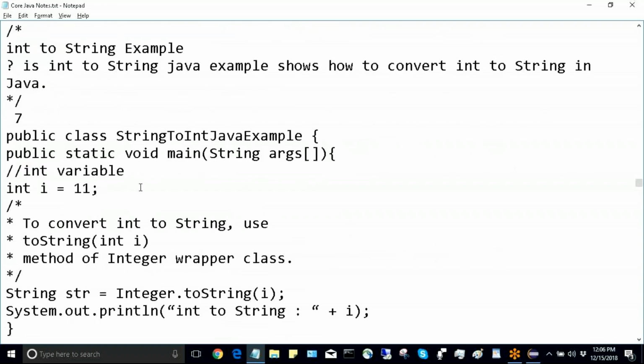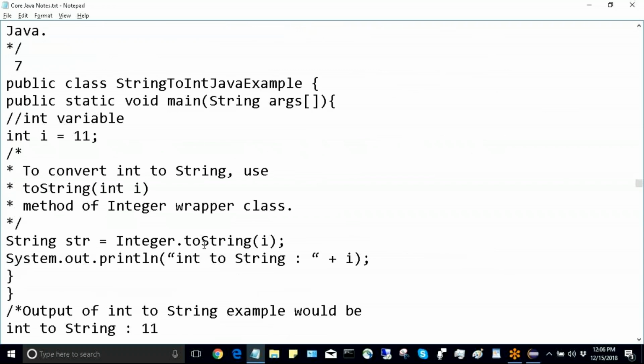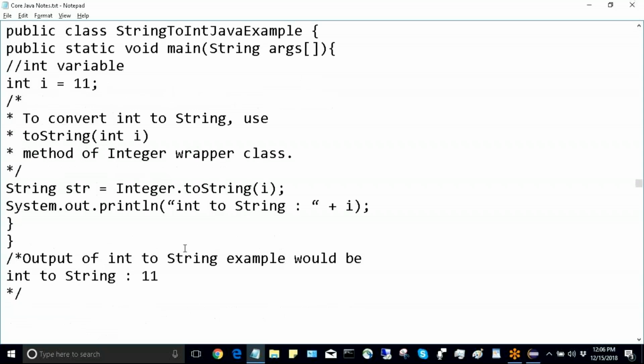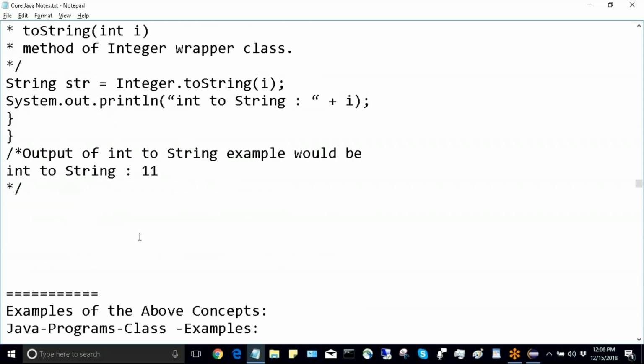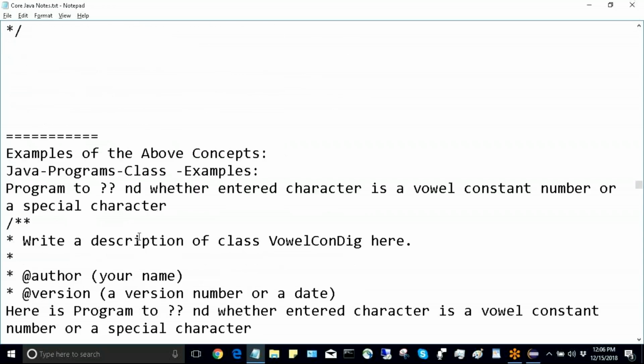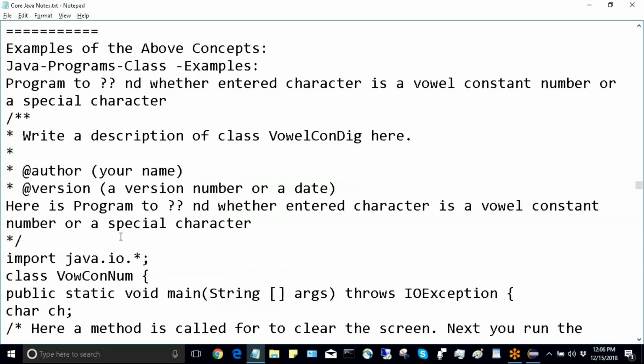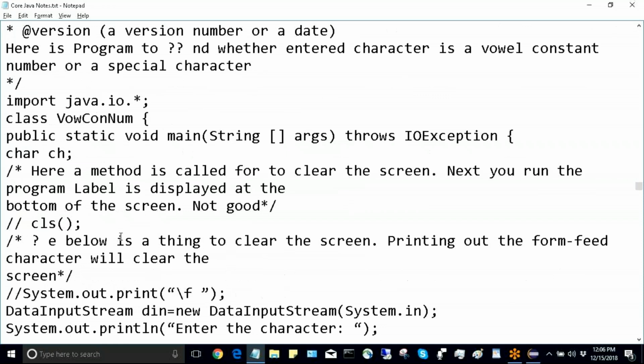String to integer conversions. How do you convert an integer to a string? If you have an integer which you want to convert to a string, then use Integer.toString. Just try out these, and we will see more of this anyway in automation. So examples of more